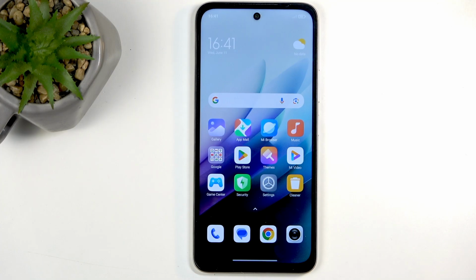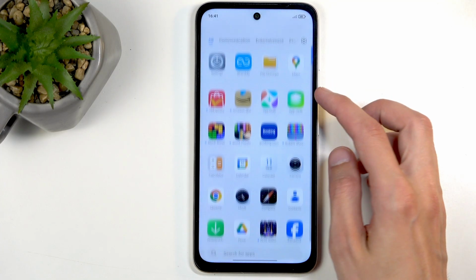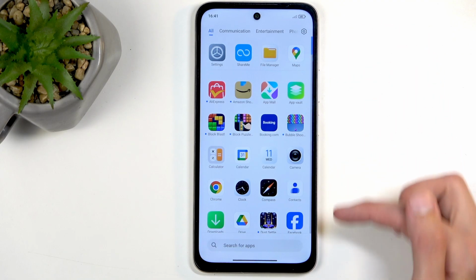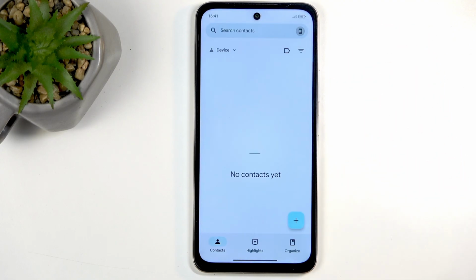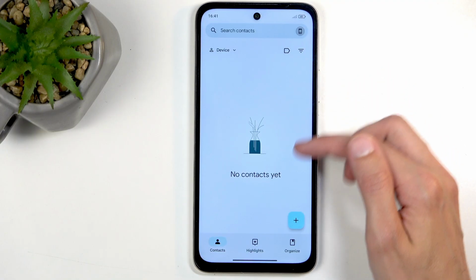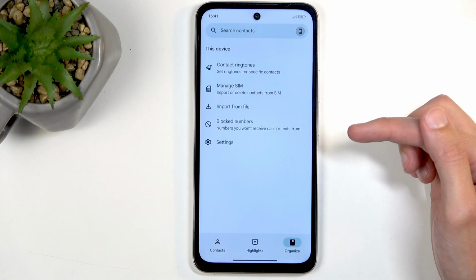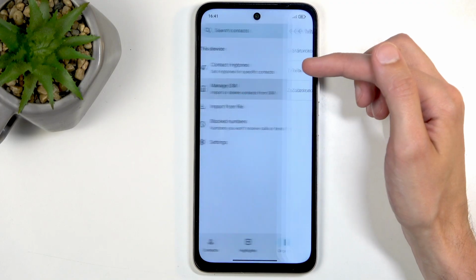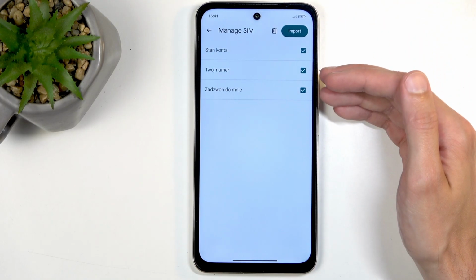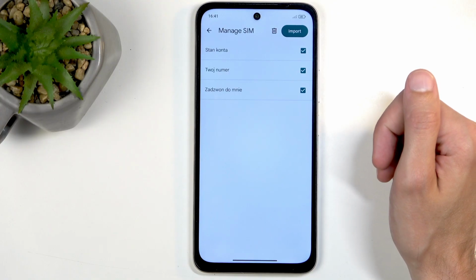So to get started, you will want to open up your contacts application, like this one right here. Then we're gonna navigate to Organize, Manage SIM. This will display all the contacts that are located on your SIM card, and you most likely see